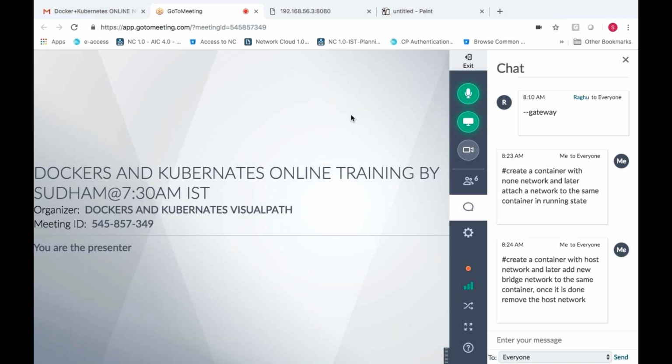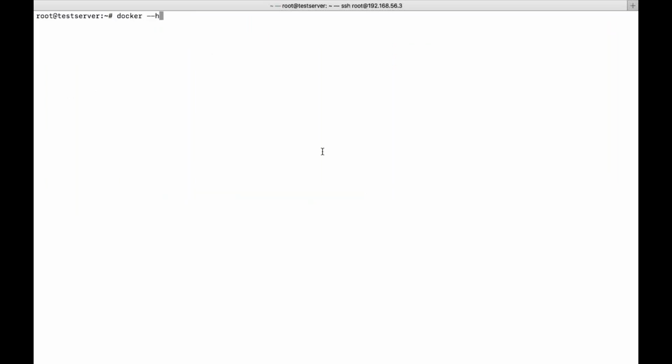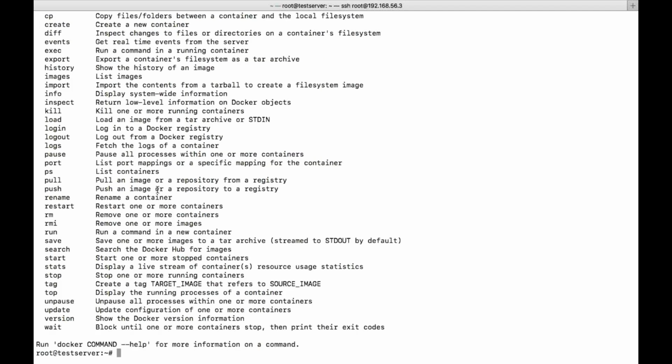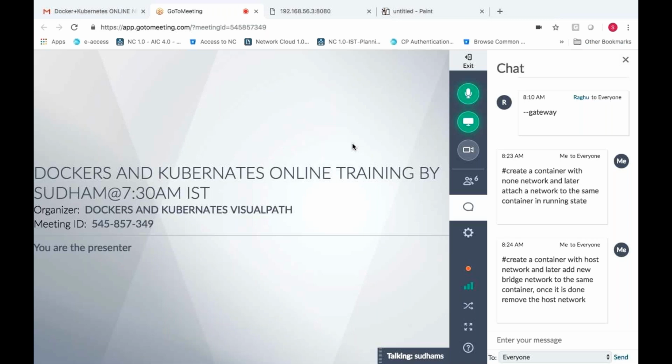Any questions? If not, we can wind up the class. And tomorrow we'll come up with new features, like we will try to understand each and every option we have in Docker. So we have these many options, right? Let's try to start from here. Attach, build and commit we'll discuss later, because first I need to tell you a topic before using these options. We'll cover attach, cp, create, diff, events, exec, export, history. Let us try to cover all these options and we'll understand when to use what.